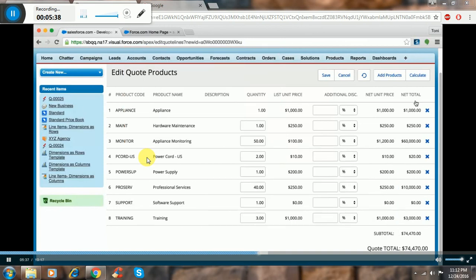I would like to mention that you can edit your Edit Quote Products page layout. You can add and subtract the visible fields that you see here: product code, product name, quantity, list unit price. Obviously some you want to keep. You cannot add all the available fields. It's best practice to keep the fields under 10, otherwise it starts to get a bit messy when you add